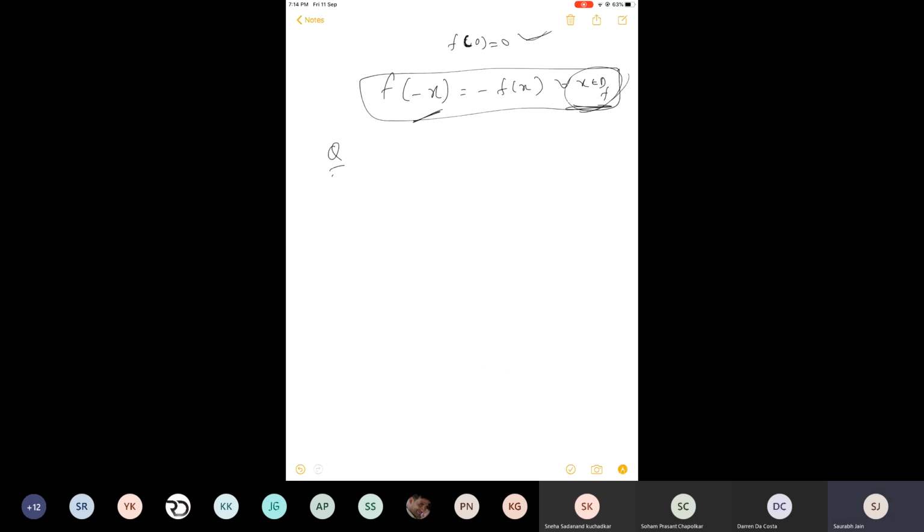Okay, let us solve this last question for today. I have not started the new topics because you have a test on Sunday. So what is the purpose? We will study those topics on Monday only.